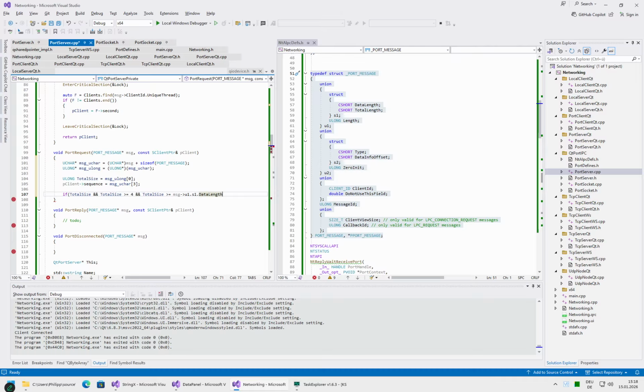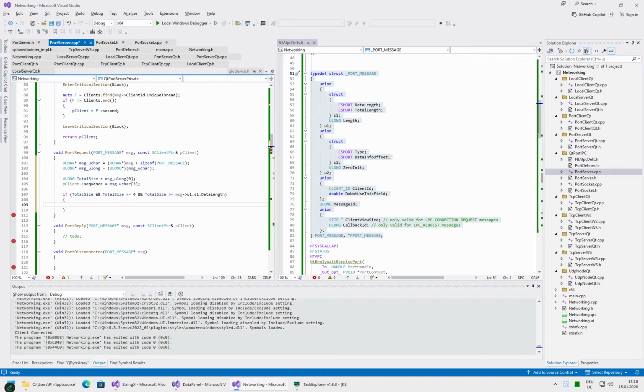Right, and if this is all true, then we can just add the data to the buffer. So we need to grab our client, client helper.lock. The lock on a weak pointer generates, in a thread safe manner, a strong pointer, and the way it works is it will either succeed and generate a strong pointer which is not null, in which case the reference count on the object has been increased, and even if now the other object goes away,